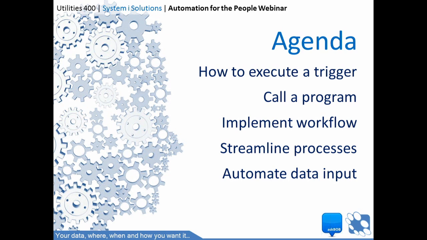Well, in this presentation, we'll demonstrate how you can execute a trigger whenever a record is added, updated, deleted, or read from a file. On trigger, we'll call a program to perform additional business logic. We'll implement and activate workflows through simple rules. We'll streamline manual processes through implementing easy IBM i automation. We'll guide you through useful tricks, tips, and shortcuts and introduce exclusive technology that will help improve your business processes